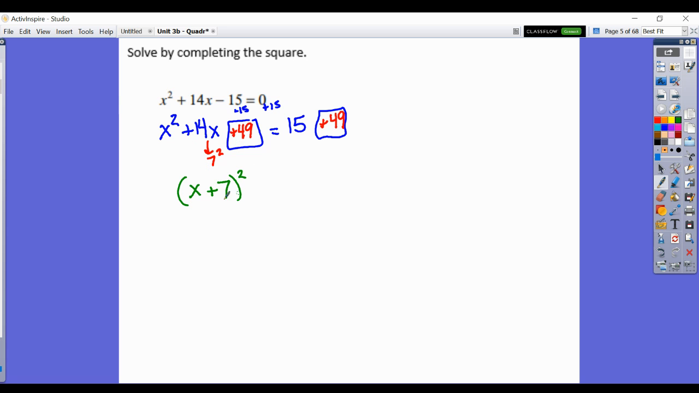So if we were to factor this, we would get x plus 7 times x plus 7. And on the other side, oh, happy day, we have 64, which is a nice number for our next step, which is taking the square root of both sides. So I take the square root of both sides, I get